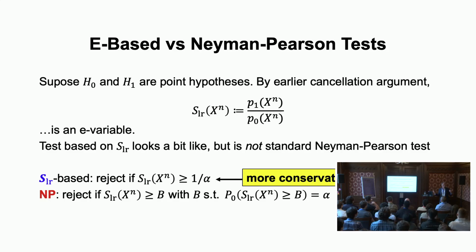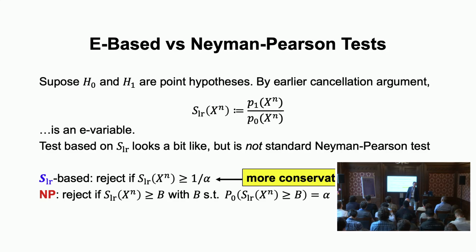So that looks very similar to what we do, right? Our test will be also a likelihood ratio, interpreted now more in terms of bets, but it is a likelihood ratio. So what's the difference? Well, we would reject the null at level alpha if this thing is larger than 1 over alpha. Whereas in Neyman-Pearson, you reject it whenever this is larger than b, where b is chosen such that the probability under the null of being large is exactly 5%. This is always more conservative than this. And actually, if you calculate b, you see that it depends on the sample size n. Our threshold does not depend on the sample size n. So you see that there's a clear difference there.